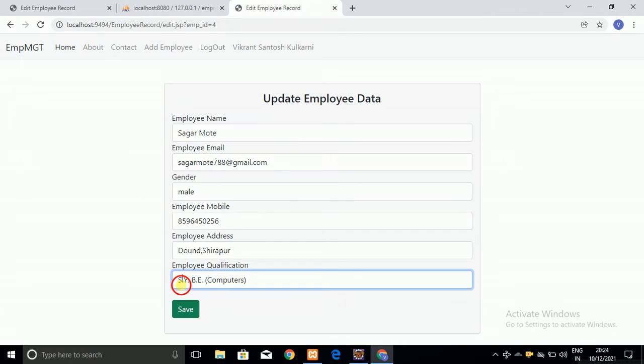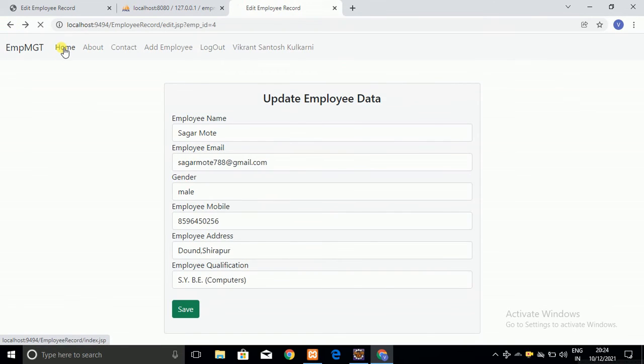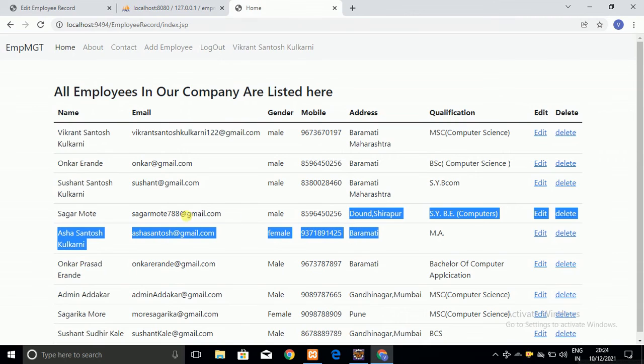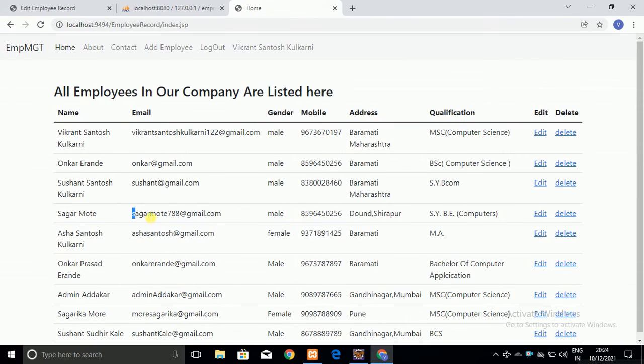Let me save this file, and after clicking on the save button, you can see that it says data updated successfully. That is, whatever data we have written is going to be updated, as you can see in front of you in the index.jsp page itself.